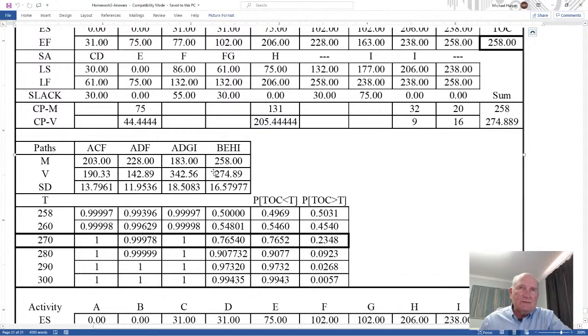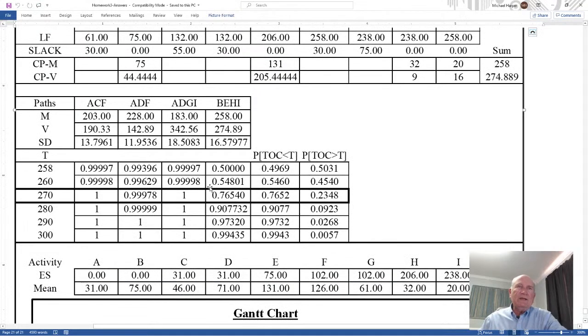But we also add the variance of the activities in those paths, and the standard deviation. So the point here is that when I start looking at different times and the probability of less than or equal to those times, I go 258, 260, 270, 280, 290, 300. I calculate the probability for this path, ADF path, ADGI path, and BEHI. These are the probabilities using Excel. Why? Because I want to demonstrate that this path here, when you come up to here, notice this is 0.5, 0.5, 0.7. And so if you're looking just at this, then the 0.7 is the answer, and 1 minus that is